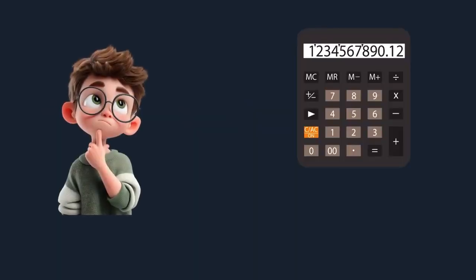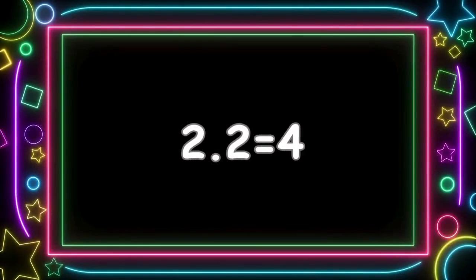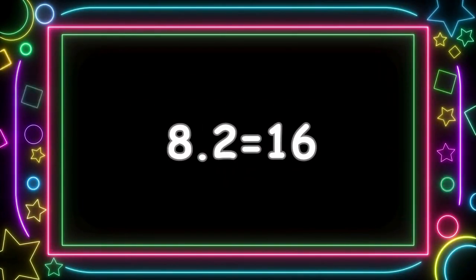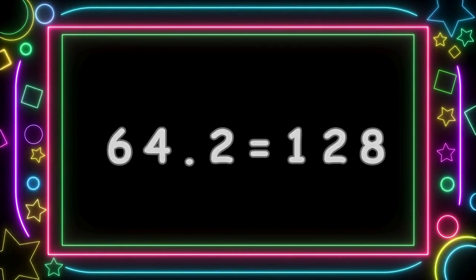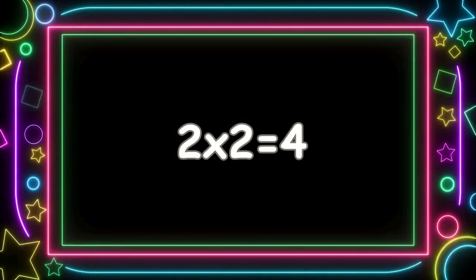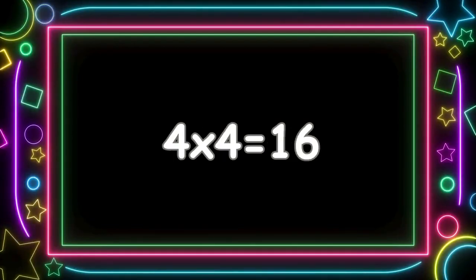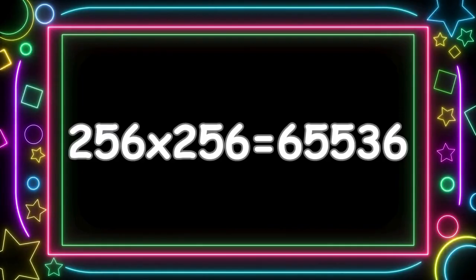And if we multiply, which is nothing more than repeated addition, 2 times 2 equals 4, 4 times 2 equals 8, 8 times 2 equals 16, 32, 64, 128, and so on. That's already better. But we can still grow faster. If instead of multiplying by 2, we multiplied the number by itself. 2 times 2 equals 4, 4 times 4 equals 16, 16 times 16 equals 256, 256 times 256 equals